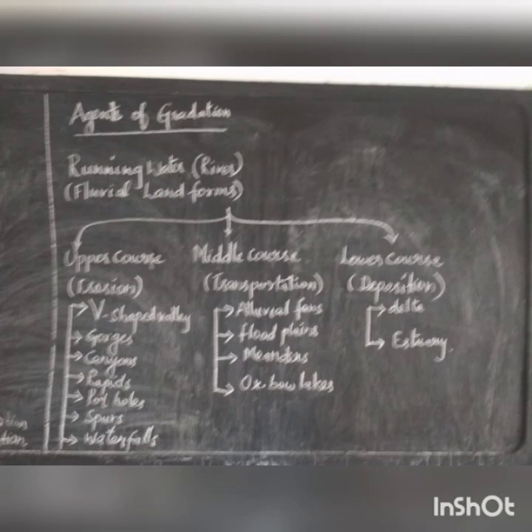Next, V-shaped valley. A V-shaped valley is formed by the vertical erosion of the river where the valley is deepened and widened. Next, pothole. Due to the river action, cylindrical holes are drilled vertically in the river bed with varying depth and diameter. These are called potholes. If you go to Tottipalam, you can see so many potholes in that area. Tottipalam is located in Kanyakumari.